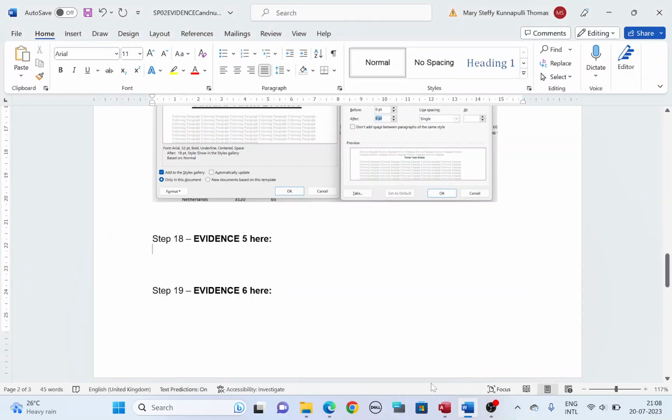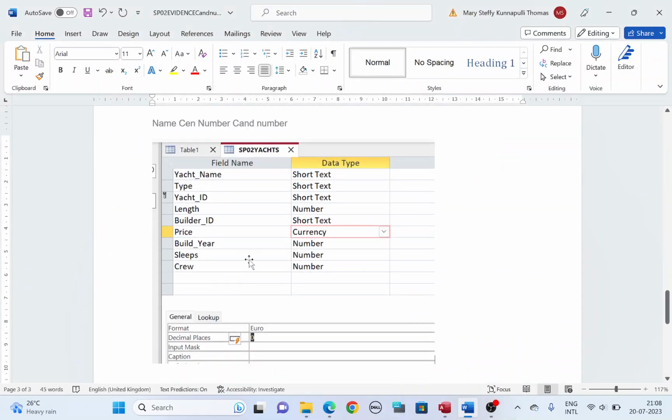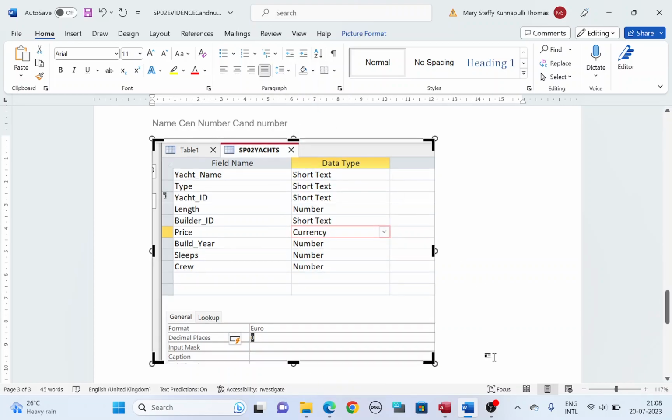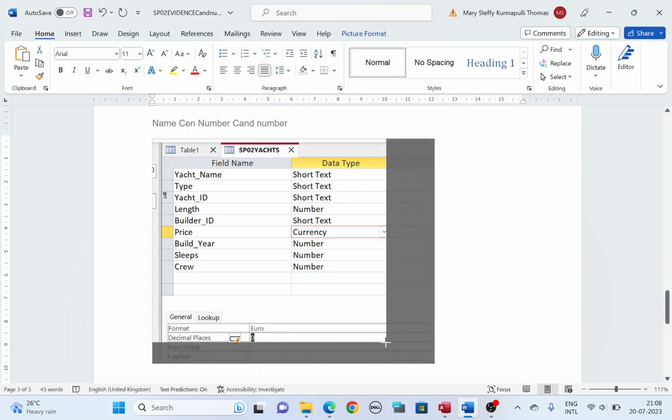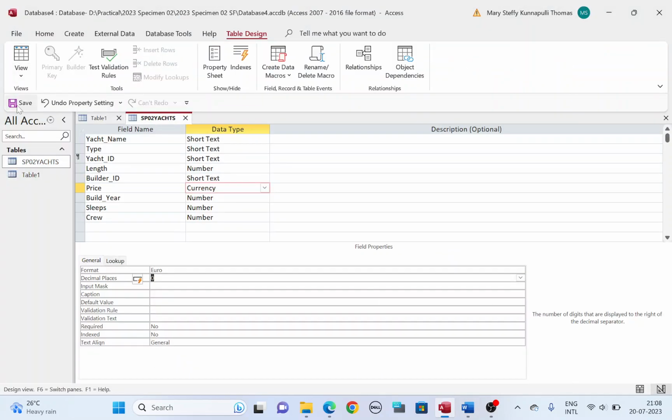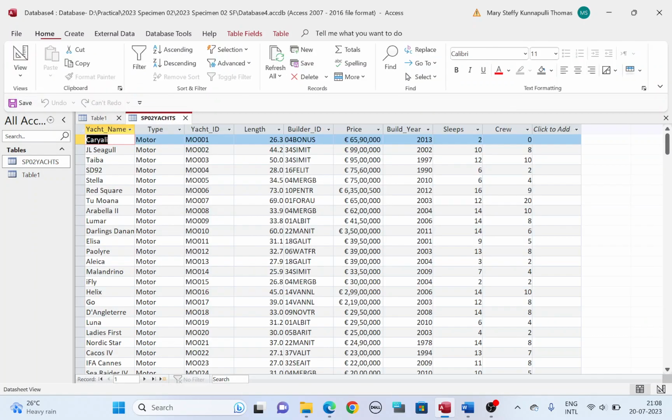And then open evidence. Paste this in your evidence document. If required, you can crop the picture. Okay, let's save this file and go back to datasheet view. Now next